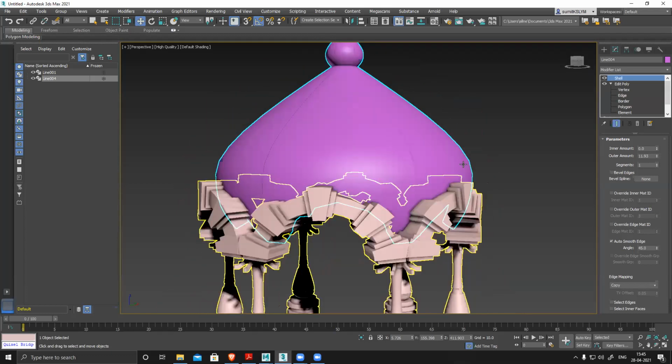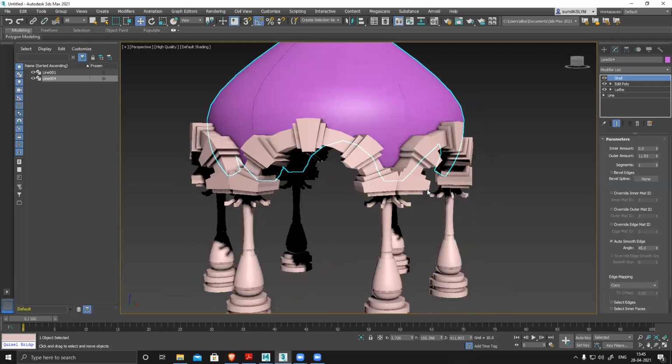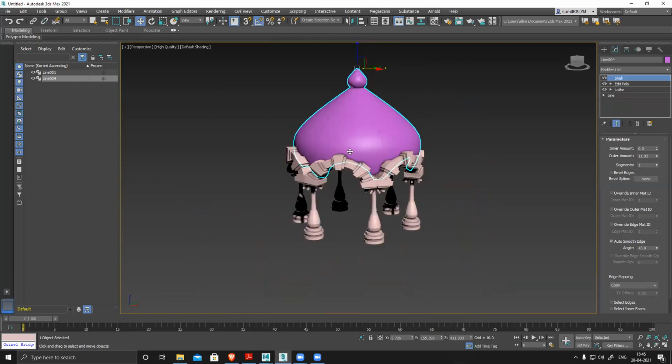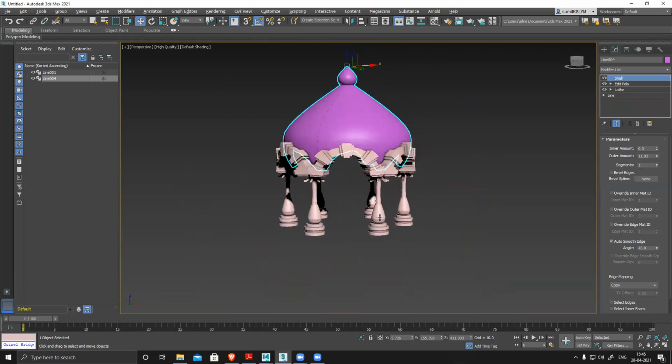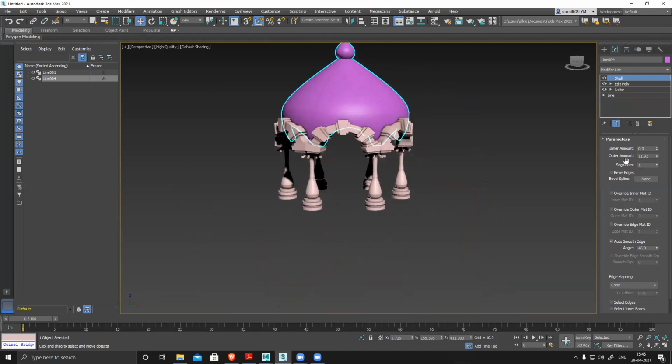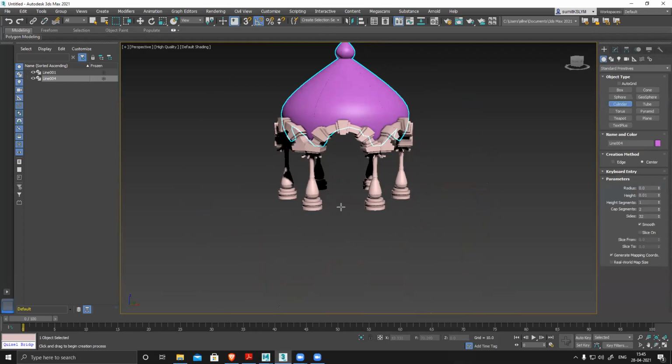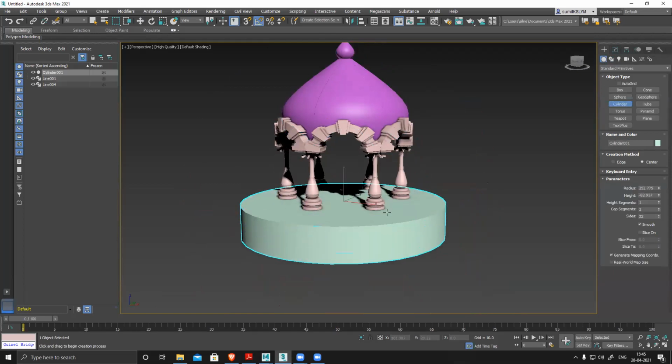So it's a shell, and if I want, I can attach this body also and create everything. If I want to add detail, I can do that. And for this base, I want to create a base, so that also I can do. I can take a cylinder, create a cylinder,